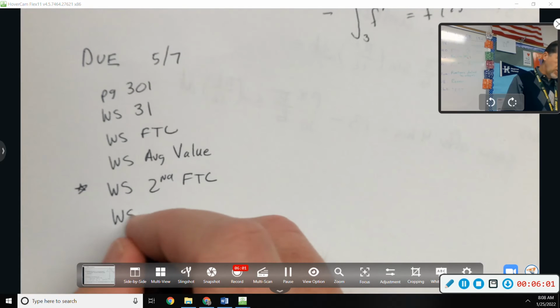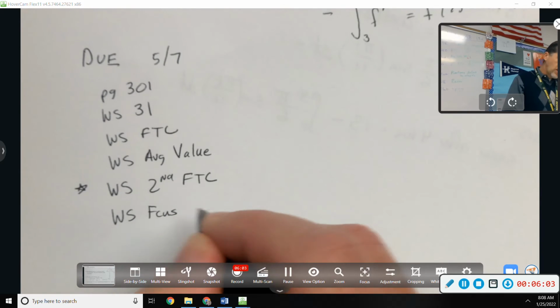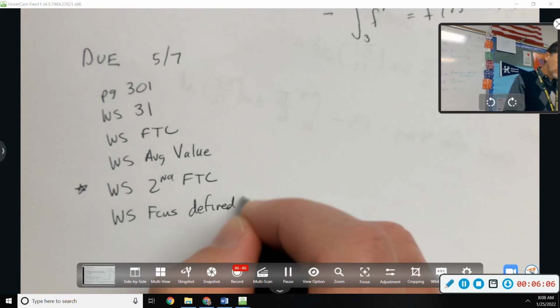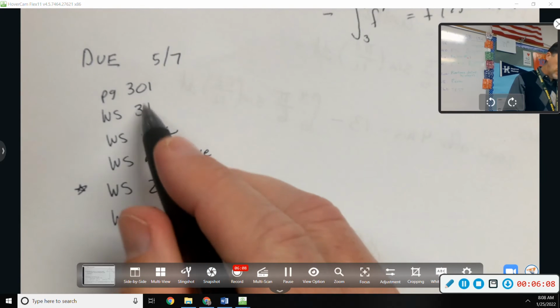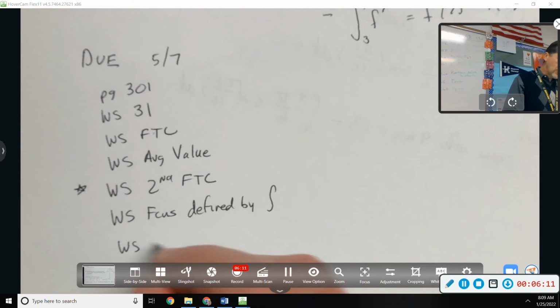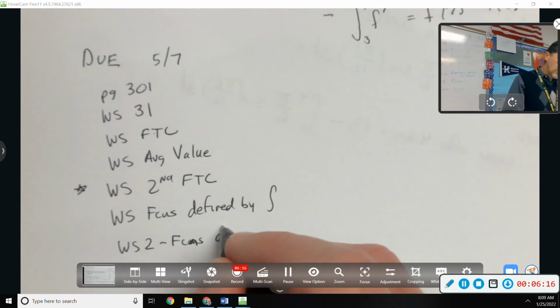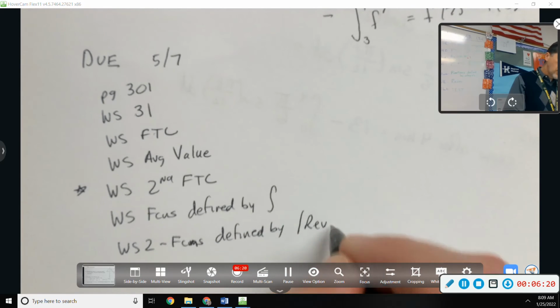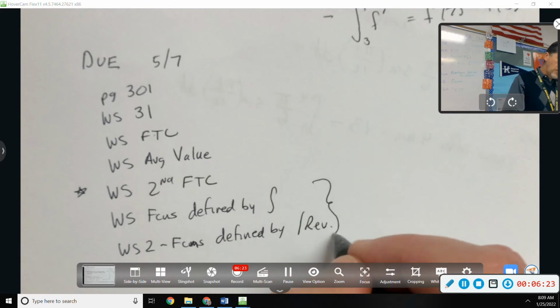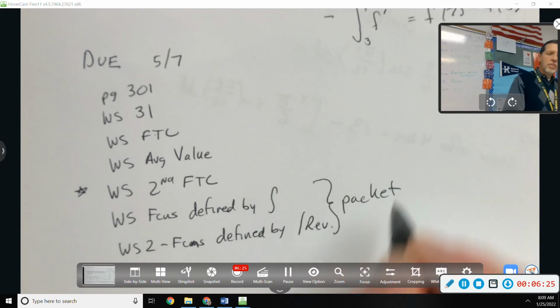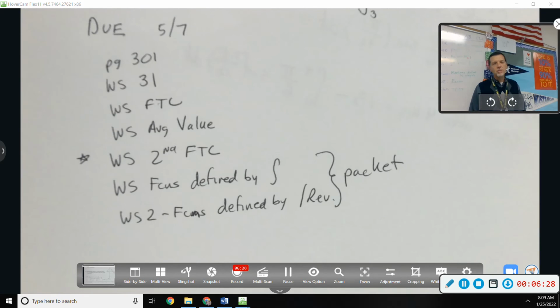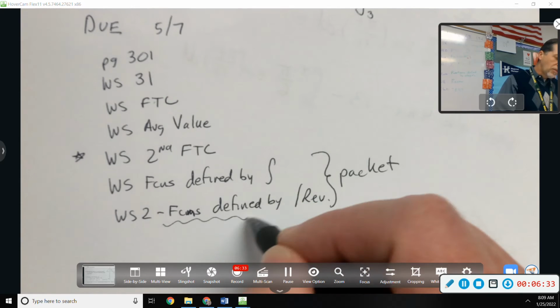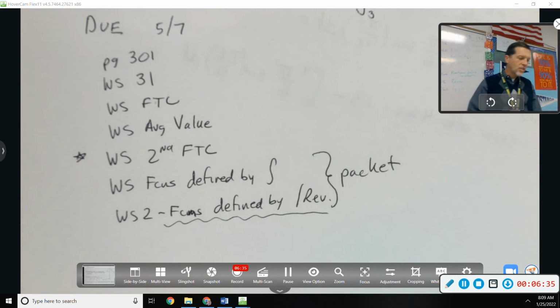Then there was a worksheet on yesterday, functions defined by integrals. 1, 2, 3, 4, 5, 6. And then there's another function defined by integral and review. So those two things together were the packet that you got yesterday. And I'm going to say 5 of 7 because this function defined by integrals, the second worksheet is more of the same. The review,